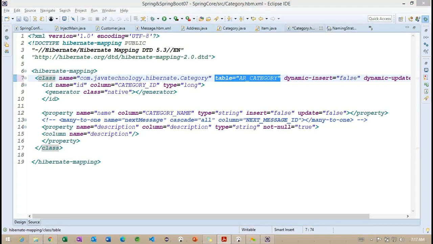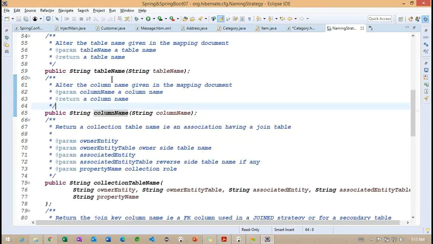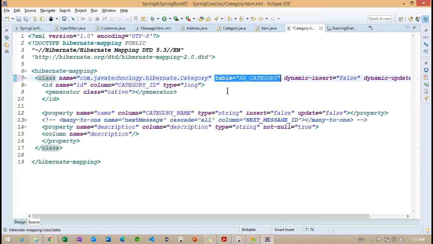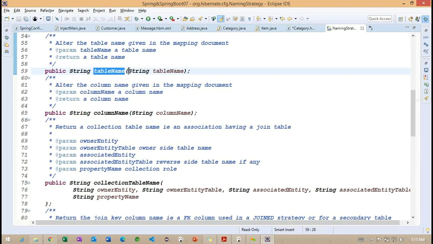Simply, we are going to refine this naming convention. Just for understanding, I am trying to write it. When we override this naming convention, internally we are going to append this AR, and here we specify the class name, because it expects the name of the table.